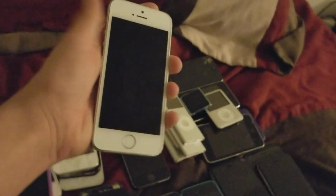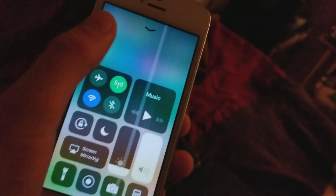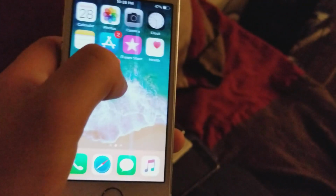Then I have this iPhone 5S. This one has good Touch ID. It has an iCloud, but no passcode, and I got rid of everything on it. Let me put in my passcode in case you guys come to my house and then take it out or something. I don't know. But yeah, it's on iOS